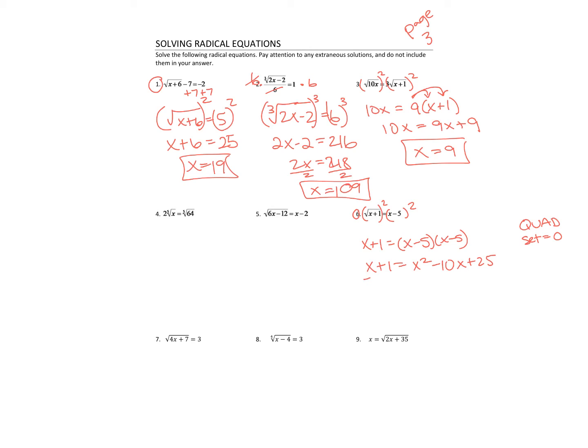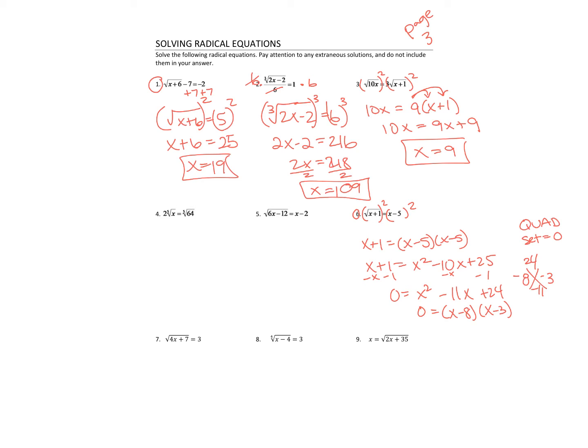So I'm going to subtract this x over, I'm going to subtract this 1 over, because I really like to keep my x squareds positive. I don't really want my first term to be negative, but it's personal preference. And so now my numbers are going to be negative 8 and negative 3. Remember, you have your AC at the top, your B at the bottom, and I would get a negative 8 and negative 3. So let's put those in our parentheses, x minus 8 and x minus 3, because my a